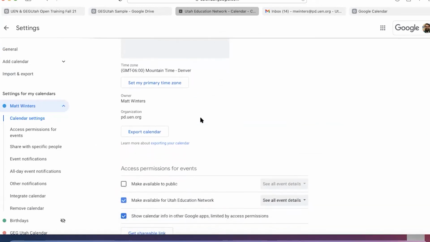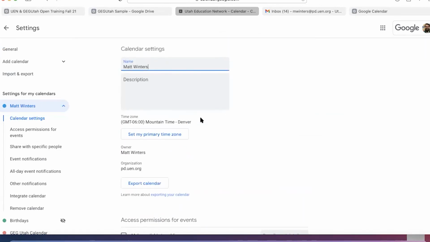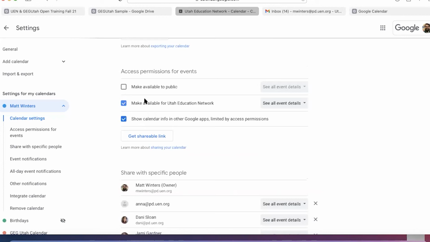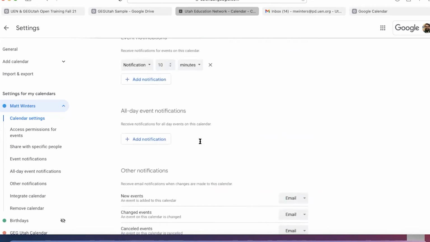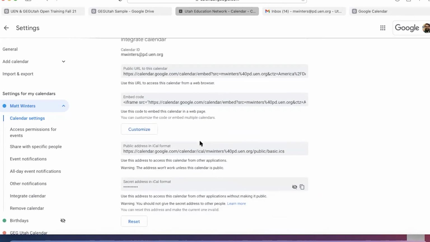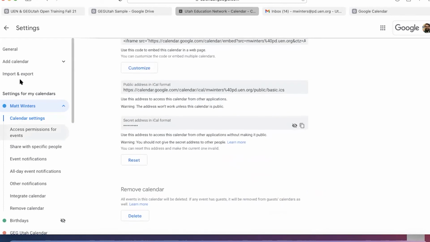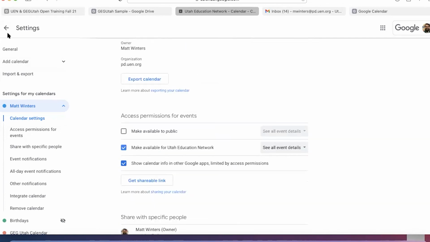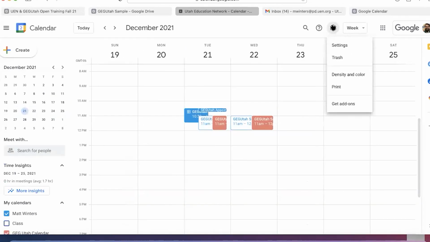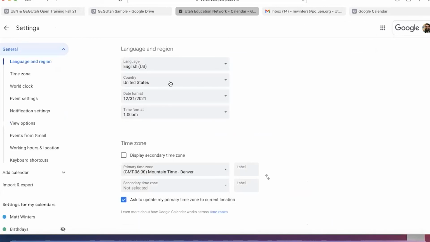Well, I can go ahead and go on here and see all my settings for this. I can see who I've shared the calendar with. I can make it public, available for everyone in my network, those sorts of things. But then also, I believe it's in your settings actually. So this gives you all the stuff about your individual calendars. But if we go up to our settings, that's up here in the top right,